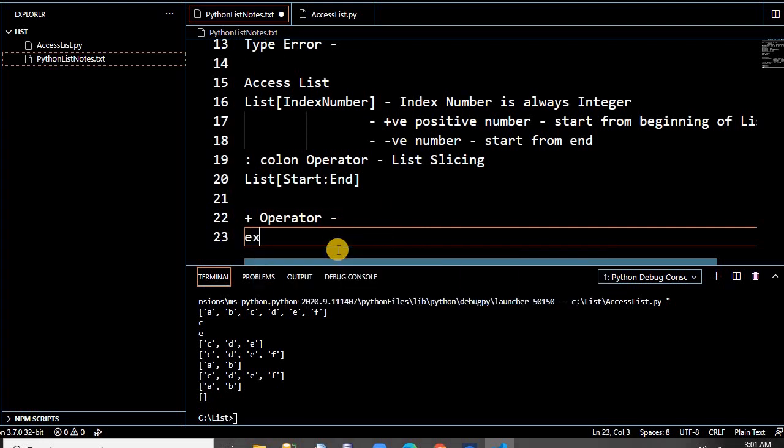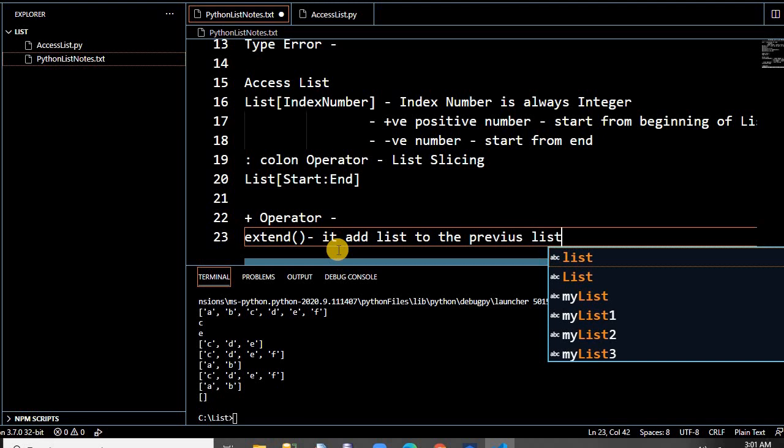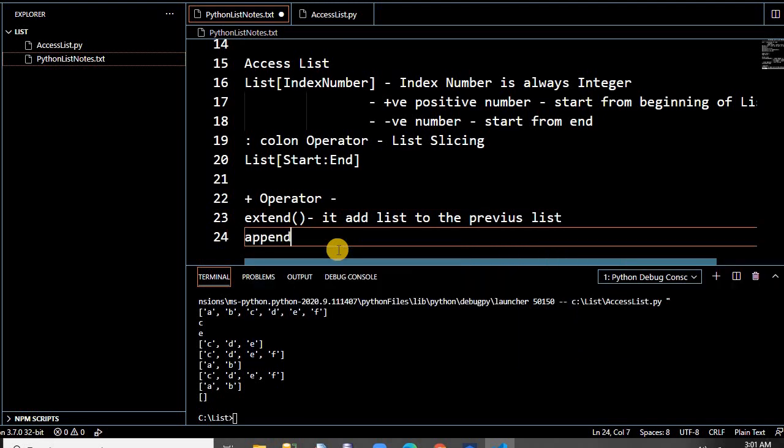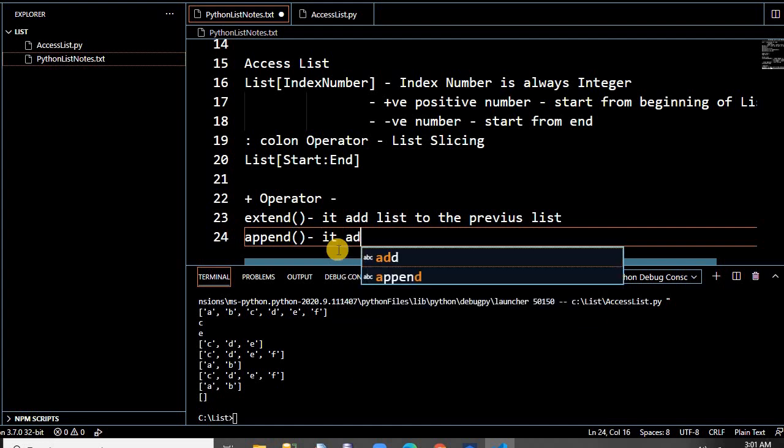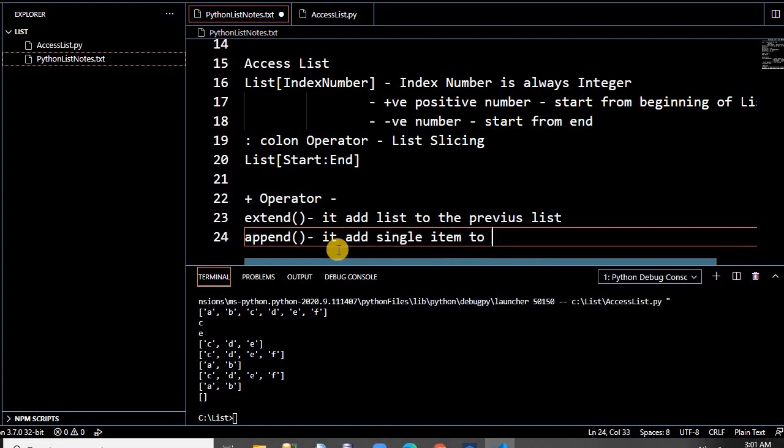The extend method adds a list to the previous list. You can also use append, but append is for a single value. It cannot add a list. It adds a single item to the list. But with the plus, we can add a whole list.